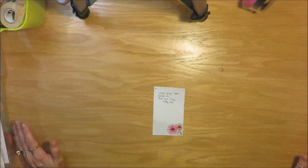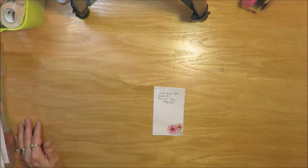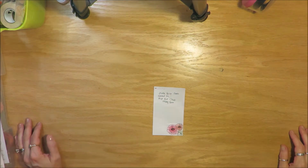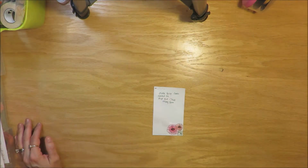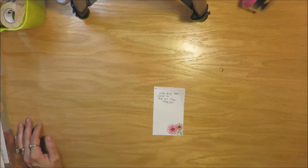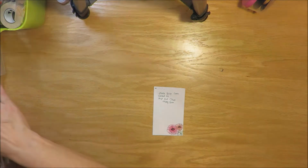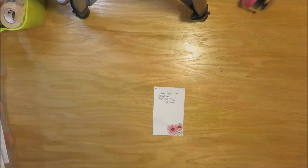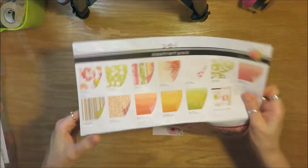I pulled out an old paper kit that had the same feel of the inspiration paper, which was a very bold paper. I've seen a lot of people show that paper on their different blogs, and it's a lovely paper, very bright, very bold, very watercolored. And so I went through my stash and I found an SCI paper pad. It is an assortment pack based on